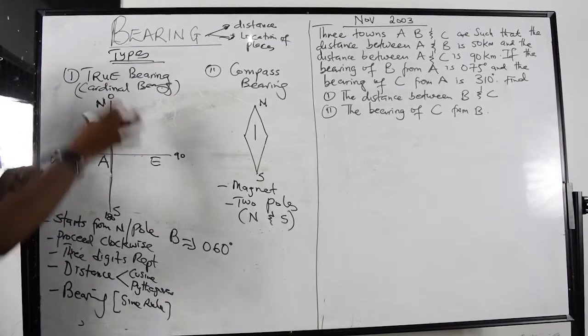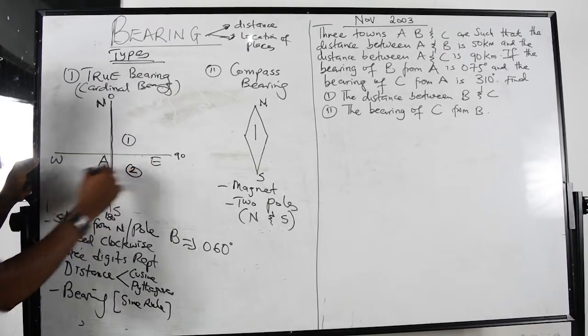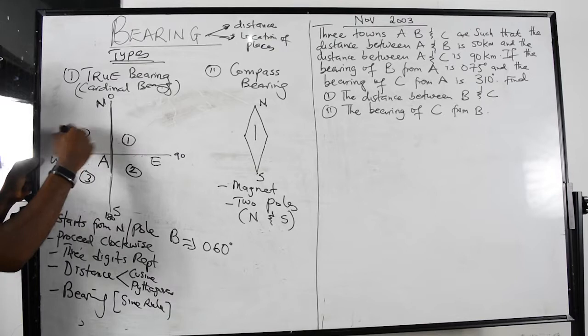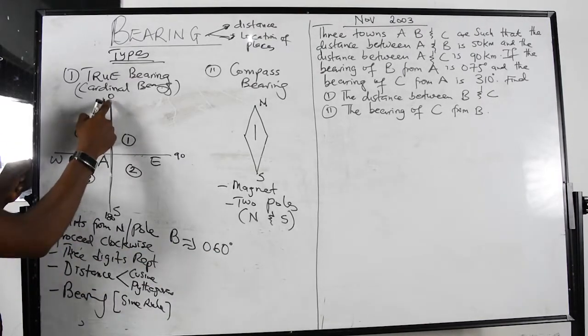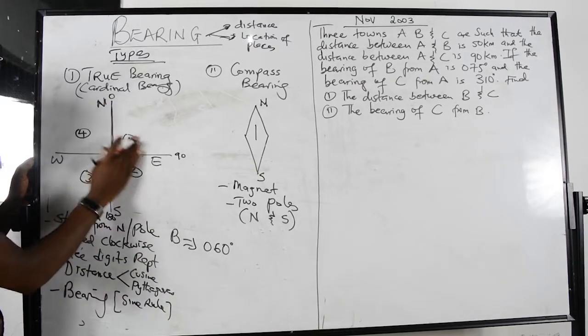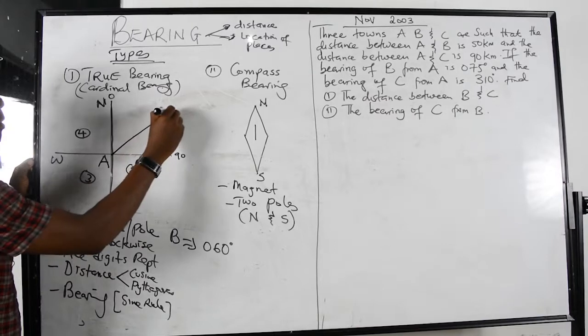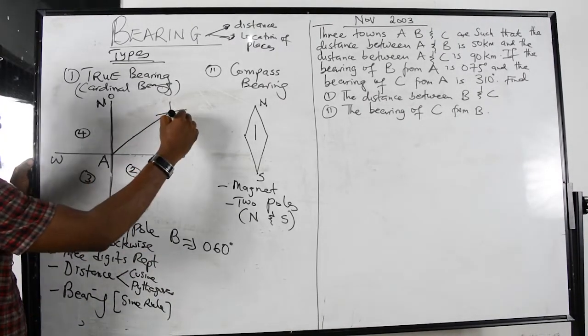As I move, I'm moving clockwise in this case, so I just use them as room there, another room there, another room here, another room here. So now if I'm looking at 60, since 60 is an angle between 0 and 90, I'm going to expect 60 to be here. So if I say the bearing of B from A, I locate my B.